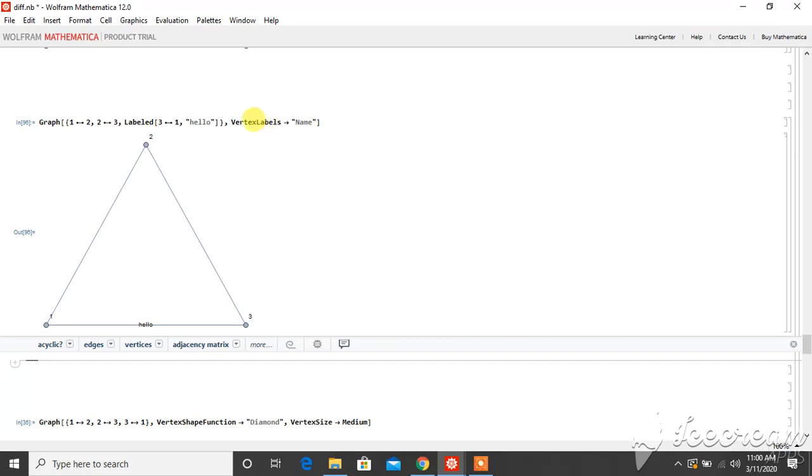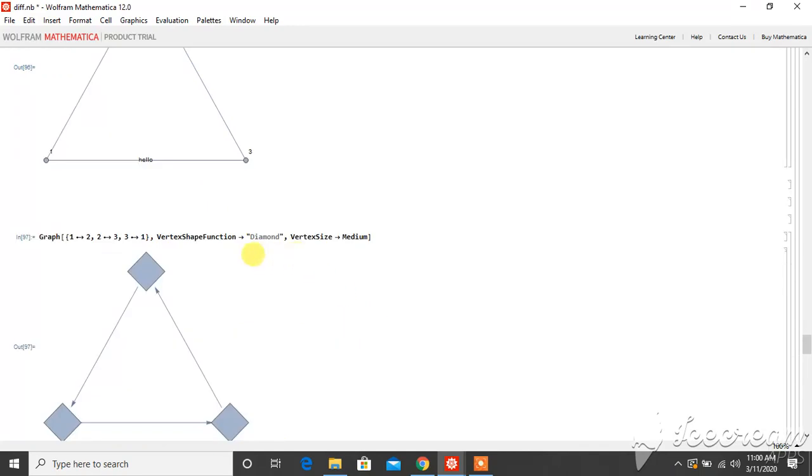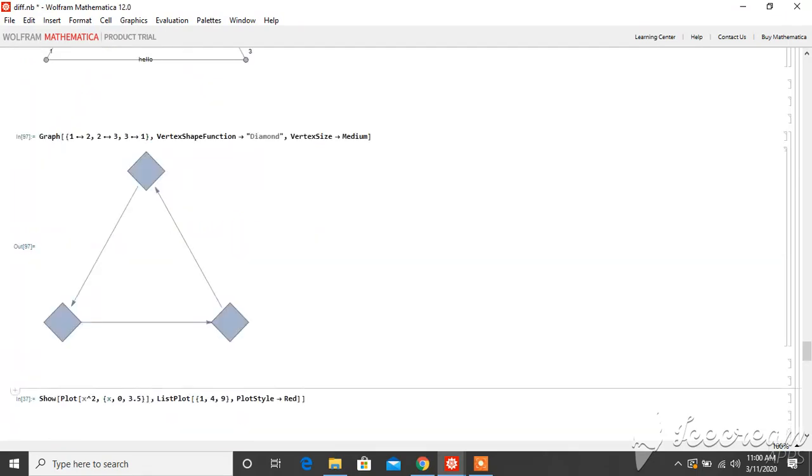In this example we have given the condition to label the vertex as hello. So the vertex is labeled as hello. Here in this example, we have used the function VertexShape, and we have given the condition diamond. So here are the diamonds.